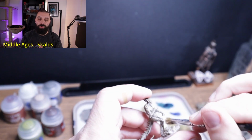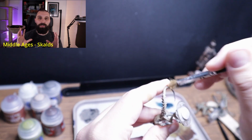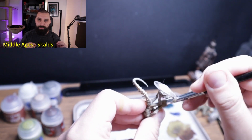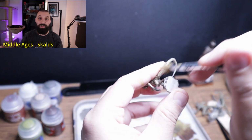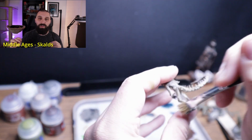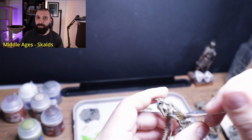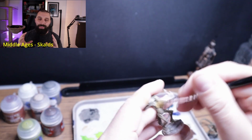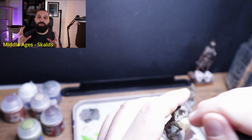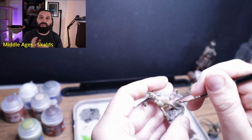Skalds, like troubadours and minstrels, found their place around noblemen, singing their praises and creating new sagas, new poems, new epics. On the battlefield, they inspired their allies and they taunted their enemies. How's that for bardic inspiration? Now, I think it is clear why the first iteration of the Bard class in Dungeons & Dragons was a